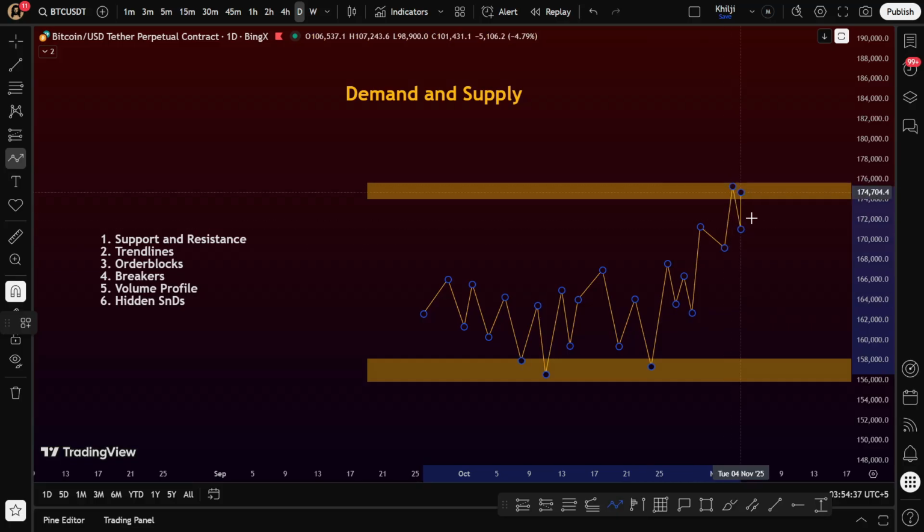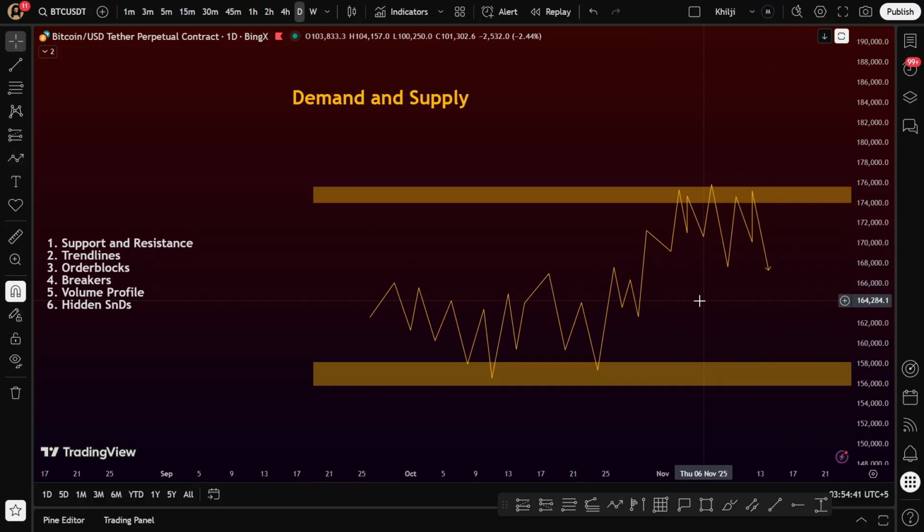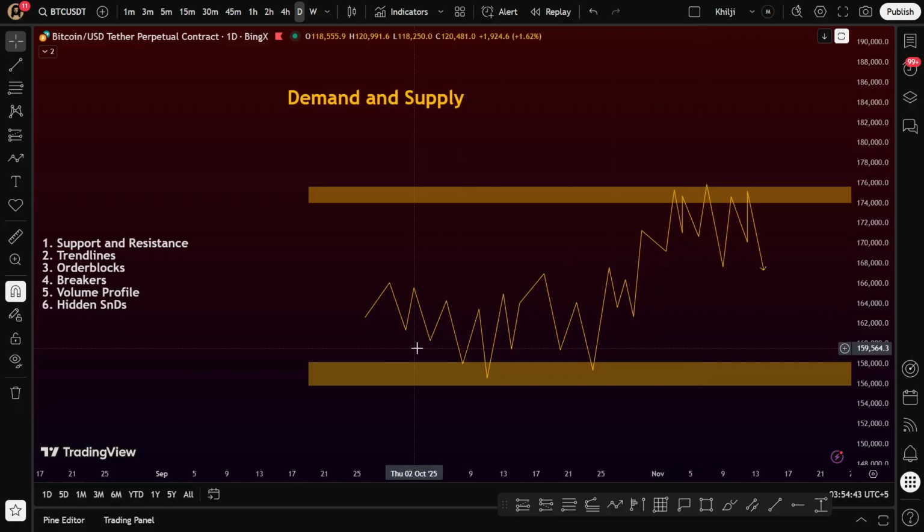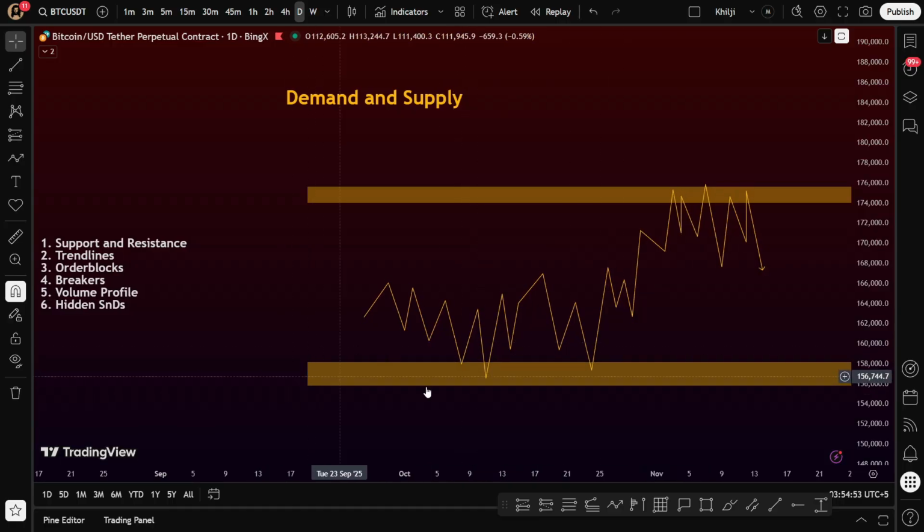And then we have this. So in this case, we have price bouncing from a certain zone, a certain level, in this case, 158,000 to 155,000. So when we have a certain region, a certain zone, a certain point where price is continuously bouncing up from